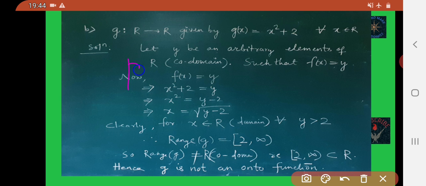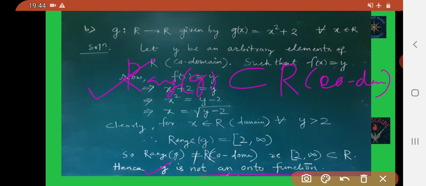Here also the range of g is a subset of R, that is the codomain. So this function g is not an onto function.